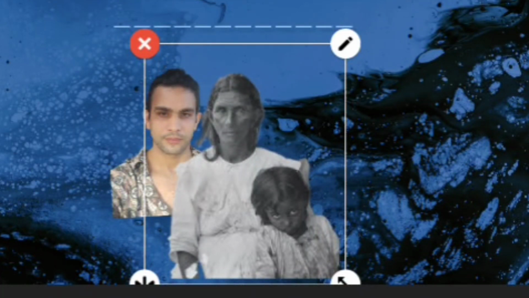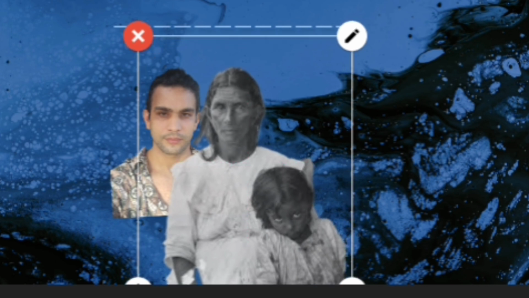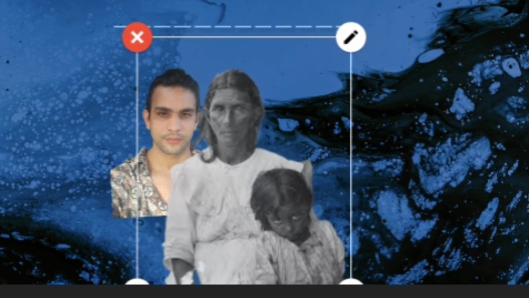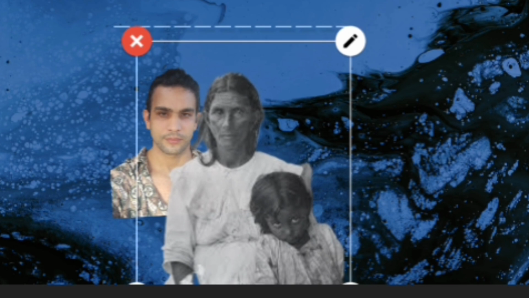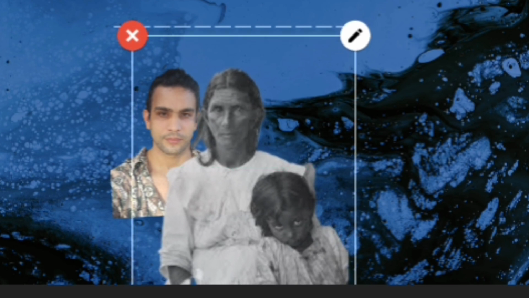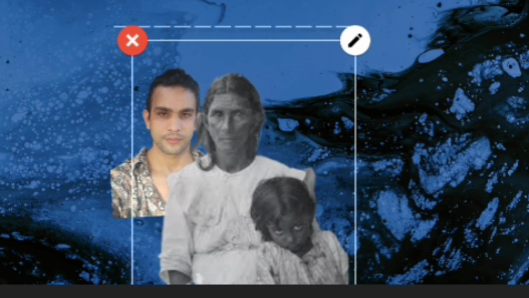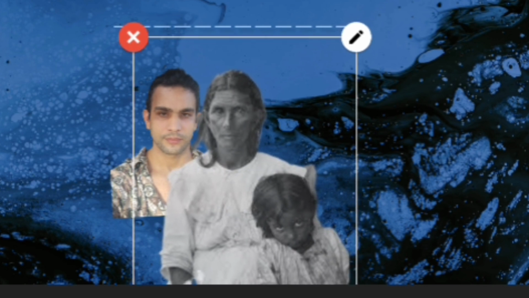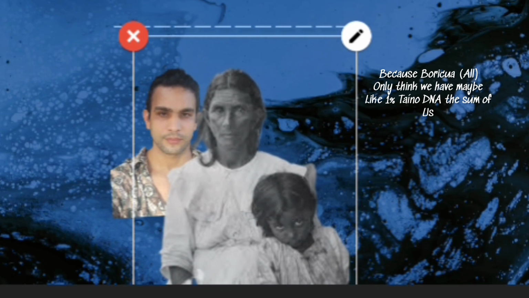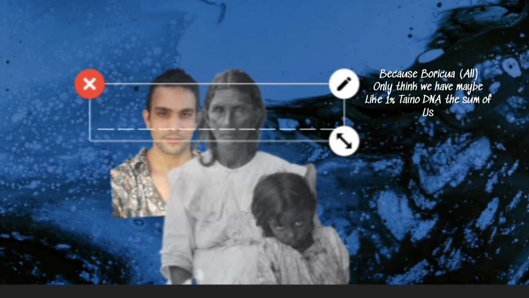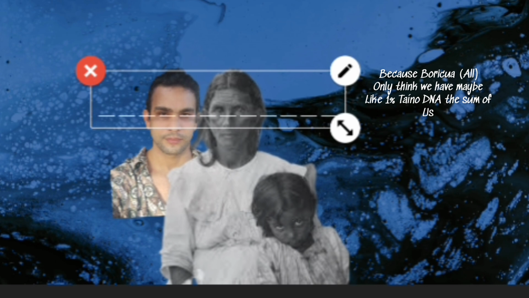two photos, stickers, and let's overlap them to see what is the similarity between them. In the end, that's what made me presume that I wasn't fully Spanish or something like that. I was like, okay, then I should have some indigenous ancestry, don't I? Because of the way that I look, and it happens to be the case.